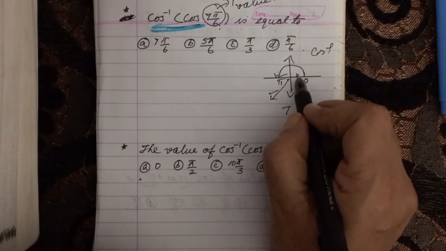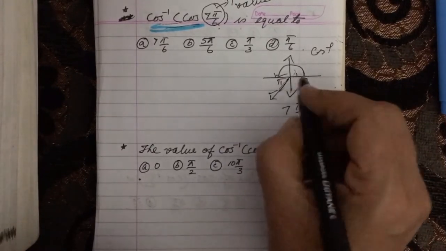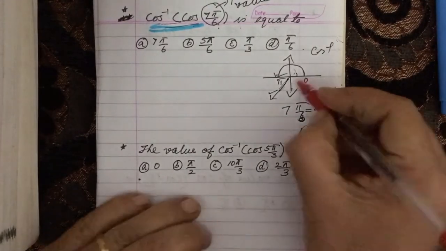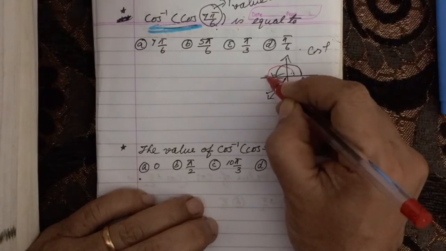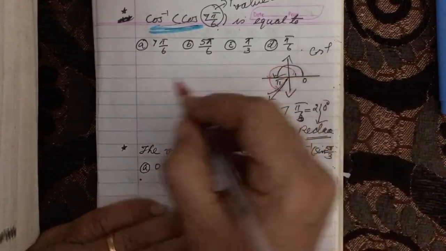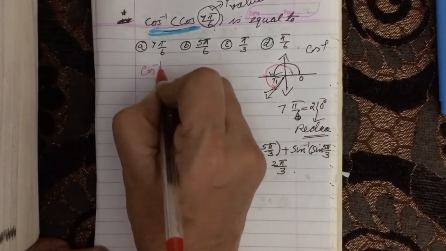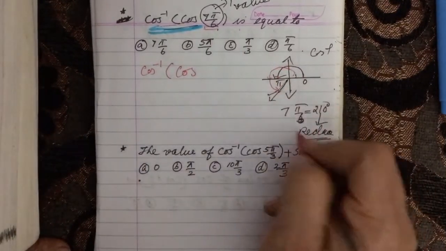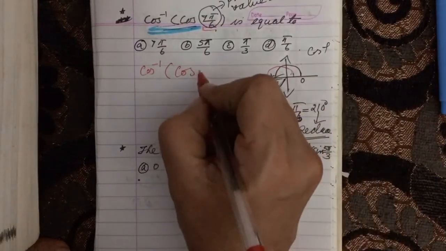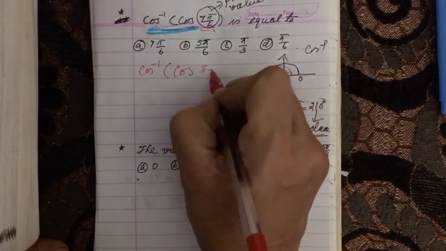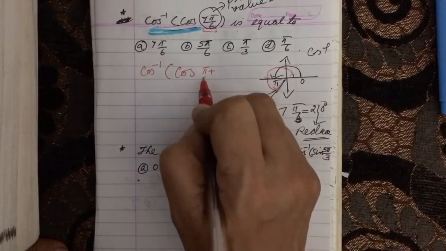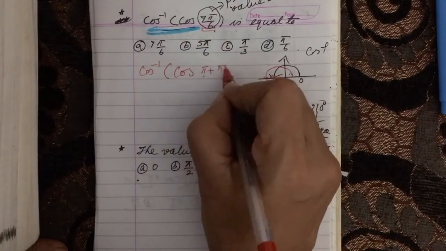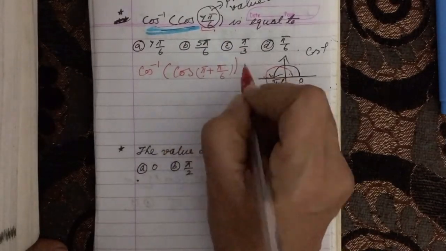How to reduce an angle is, third quadrant angle you can split it as, how you will split? It will be split as pi plus, this is pi, this much is pi, then plus something. So what I am going to write is cos inverse of cos. I am going to split it because we have to reduce it to either of these quadrants. So 7 pi by 6 is pi plus how much? Pi means 6 pi by 6. 6 pi by 6 plus 1 pi by 6 is this. So this is what I have done.